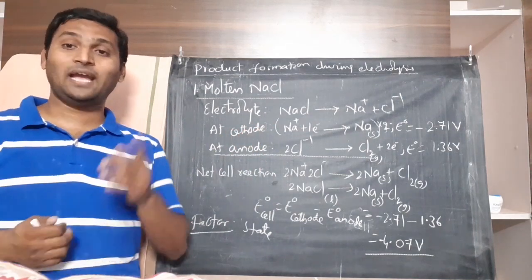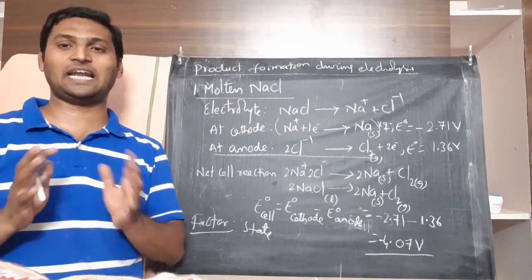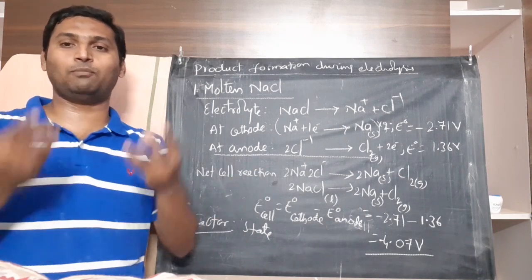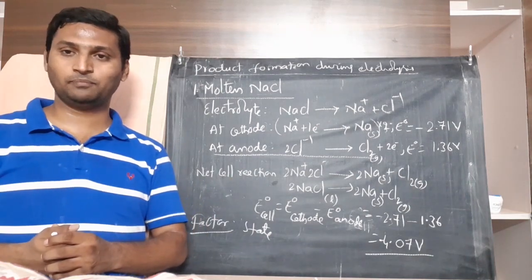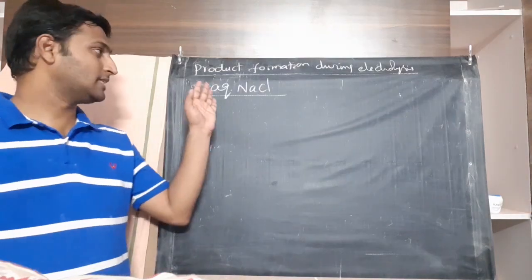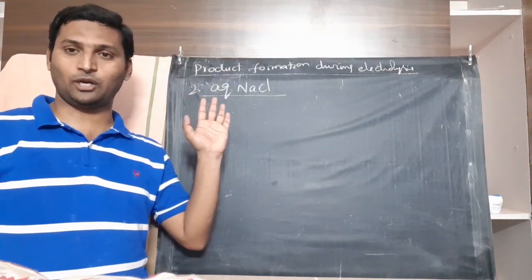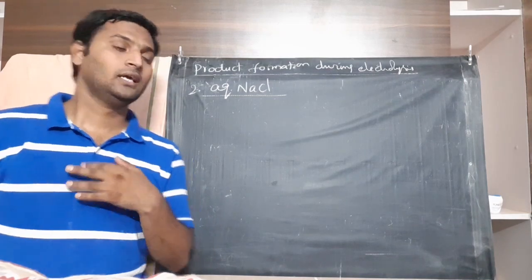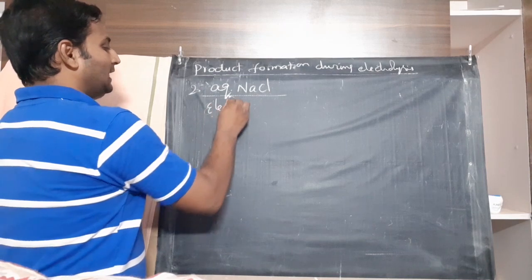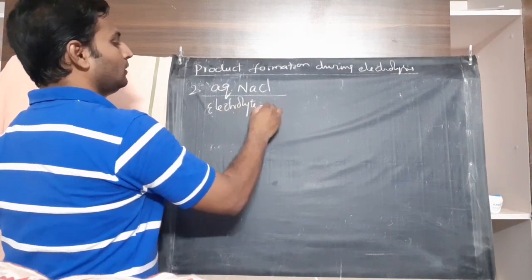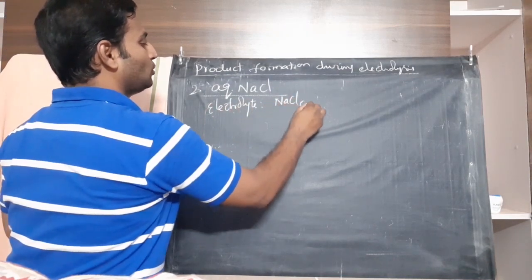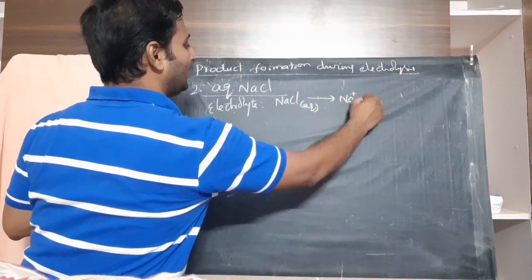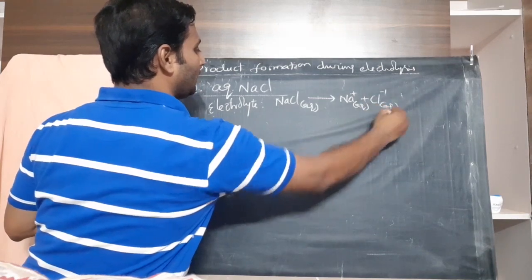Let us move on to aqueous sodium chloride, which becomes slightly complicated to understand, because there is water and sodium chloride both trying to undergo electrolysis there. Okay, let us look into it. So let's move on to the aqueous solution of sodium chloride, which in industries is generally called brine solution. As usual, the electrolyte, aqueous sodium chloride solution, would contain aqueous sodium cation and aqueous chloride anion.